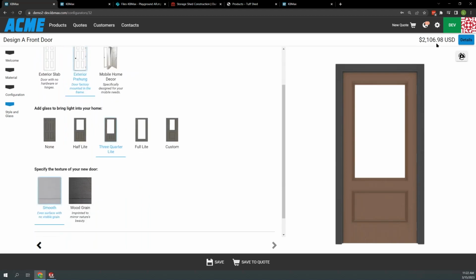Now, you may notice up here at the top, again, as I go through this and make selections, we are seeing that the price is actually updating in real time through Epicor CPQ's pricing rules, which are also done in our Snap language. So I'm gonna go ahead and select the details. We see a sticker price right here, but if I select the details button at